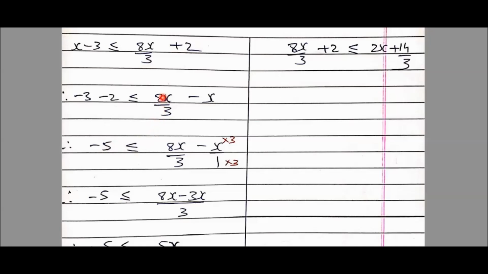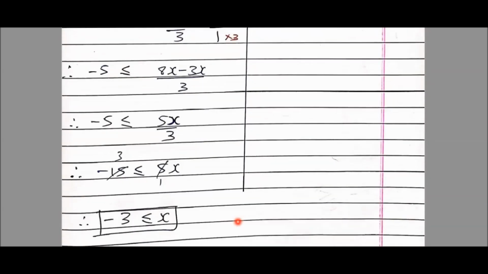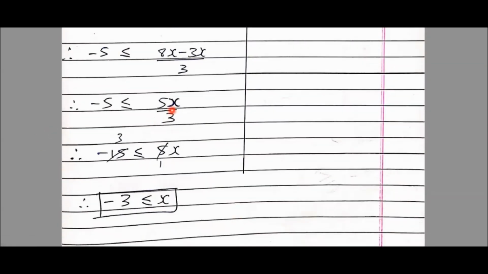So minus 3 minus 2 becomes minus 5. Once again, the same logic, 8x upon 3 is copied as it is. Below x, I have nothing. That means I have 1 here. Let's make the denominators the same. So the LCM is 3. Multiplying numerator and denominator by 3, this will become 3x and this will become 3. In the next step, this minus 5 will remain as it is. Both denominators become 3. So common denominator 3, 8x minus 3x. What is 8x minus 3x? It's 5x.